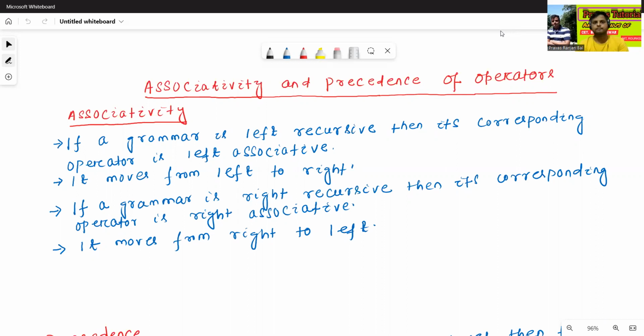Okay, so first we'll discuss associativity. What is the meaning of associativity? Just see the definition. If a grammar, or we can say a production, is left recursive, then its corresponding operator is left recursive,